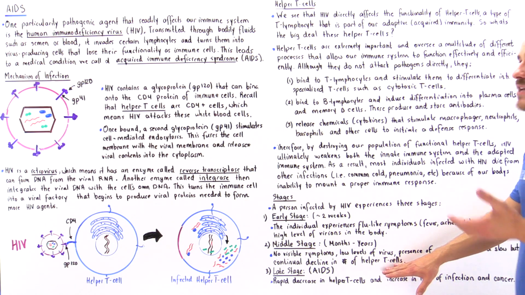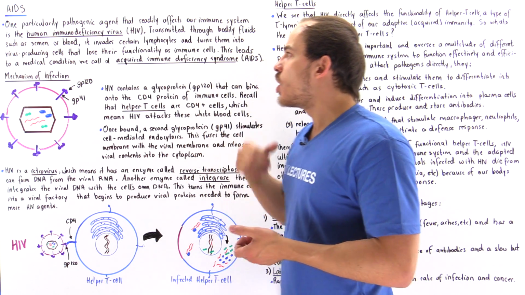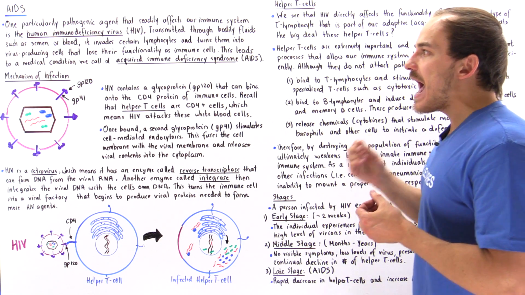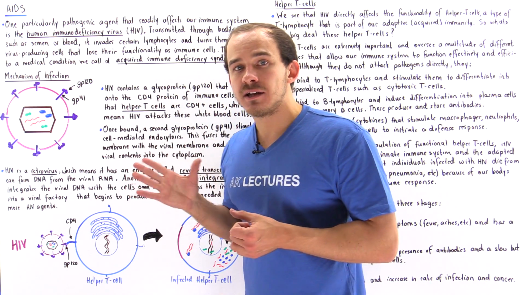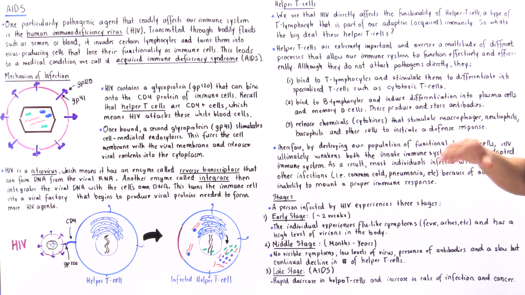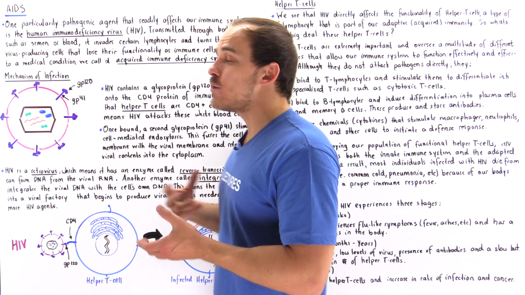And the final stage, the late stage, this is when we actually are diagnosed with acquired immune deficiency syndrome. This is when HIV begins to kill off the helper T cells at a very high rate, and the population of helper T cells drops to a very low amount. And what that means